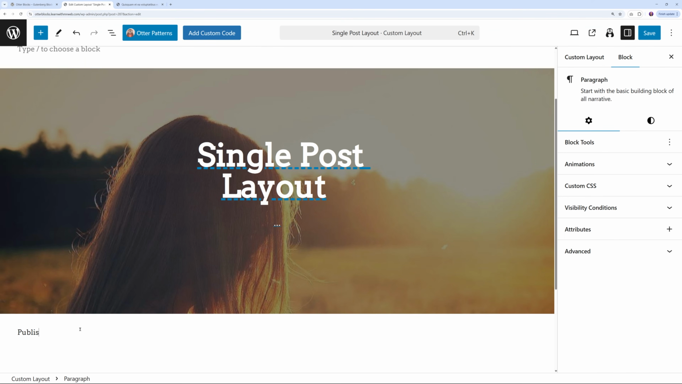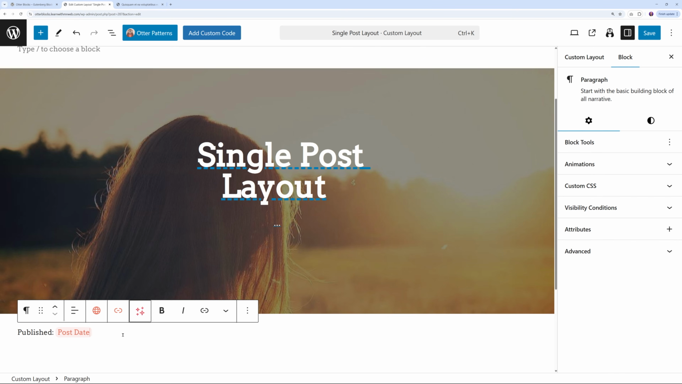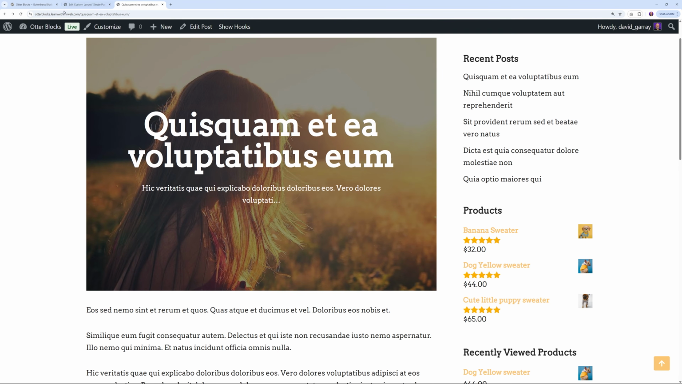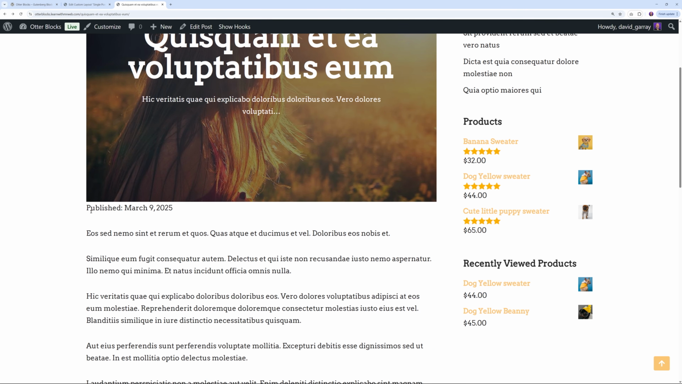So maybe "Published" and then %. Okay, and fetch the date dynamically. So this is the date. Okay, very good. And then you can do so maybe with the author name or whatever, just to give you an example here. Okay, so now if I click save, we go back here and refresh. There you go. As you can see, this is our title, subtitle, the excerpt, sorry, and then publish date March